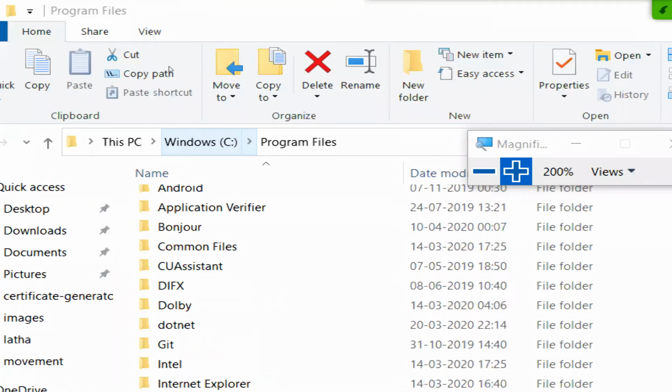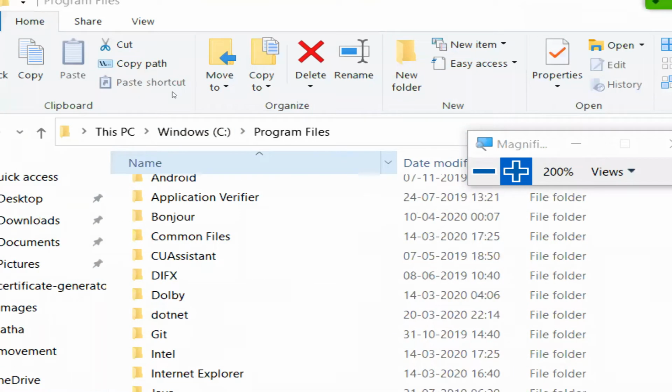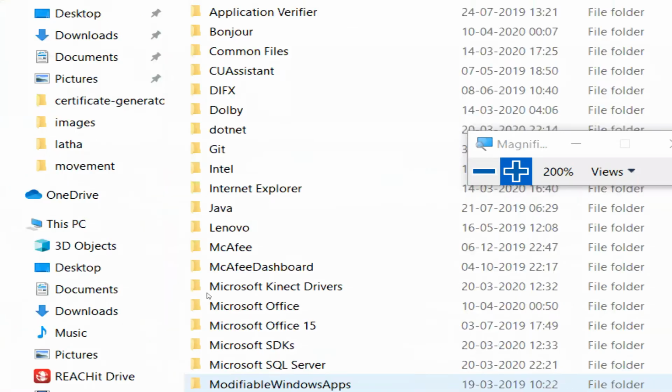This will be in Windows C program files. MongoDB server will work only in 64-bit operating systems. MongoDB server will not work in a 32-bit operating system. That is most important. It works only on 64-bit machines, but these days you're getting only 64-bit machines, right? But if you're using an older laptop, try to update to 64-bit and then you can jump into this MongoDB server. MongoDB server will install only in 64-bit operating systems. That is what you have to understand.